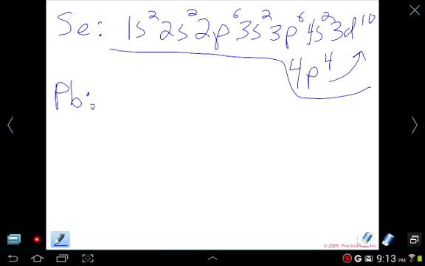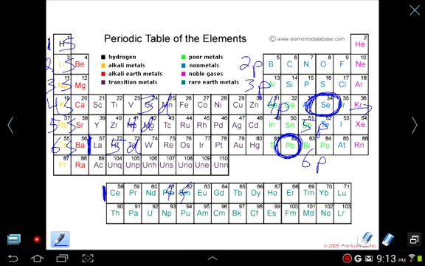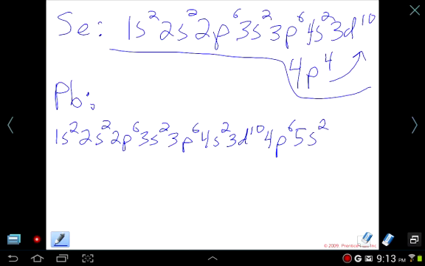So I'll go ahead and do it down here. We got 1s2, 2s2, 2p6, 3s2, 3p6, 4s2. Remember, this is where we go into the D, so we got 3d10, then back to the 4p6, then 5s2. After 5s, recall that we got 4d, so we got 4d10 onto 5p6, then 6s2,